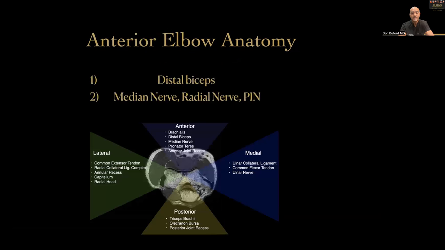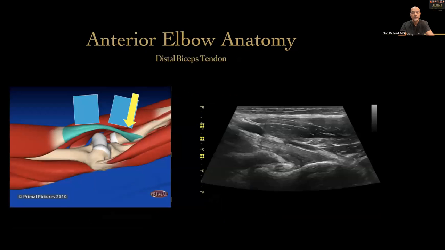We'll talk a little bit about distal biceps here. Remember, the biceps is a supinator, and remember that the biceps tendon here at the elbow inserts on the radial tuberosity, which is about 2 centimeters distal to the joint. And so with that in mind, if you can find the radial head here, you can use the